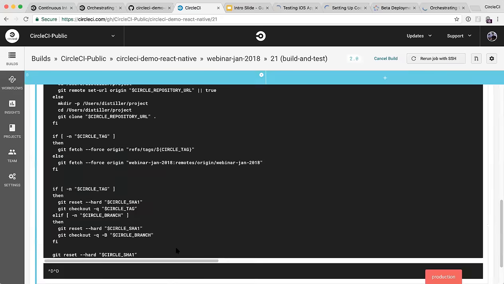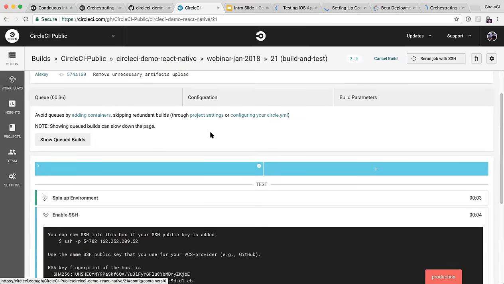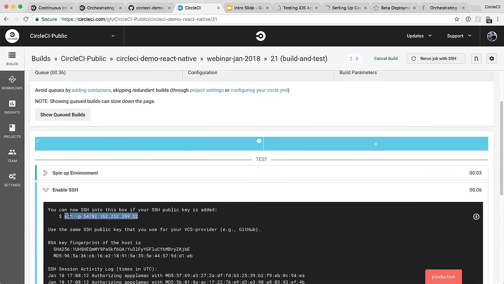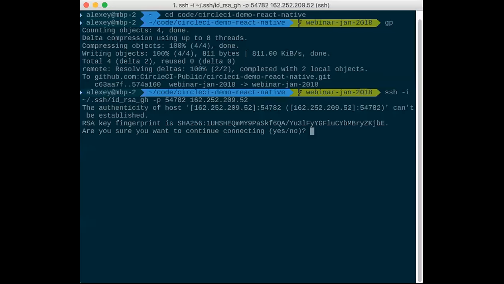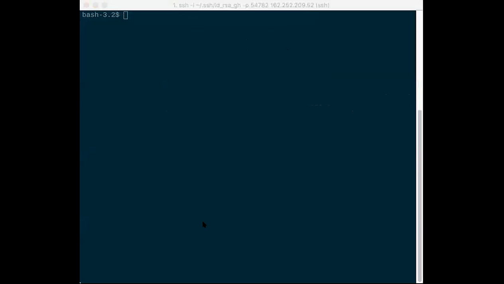So let me grab the SSH command here. I'm gonna copy this, paste it into my terminal. I will share my terminal screen in 1 second. Let me share my terminal screen. Should be able to see my terminal now. All right, we're inside the build here, the job. As you can see, it still failed,